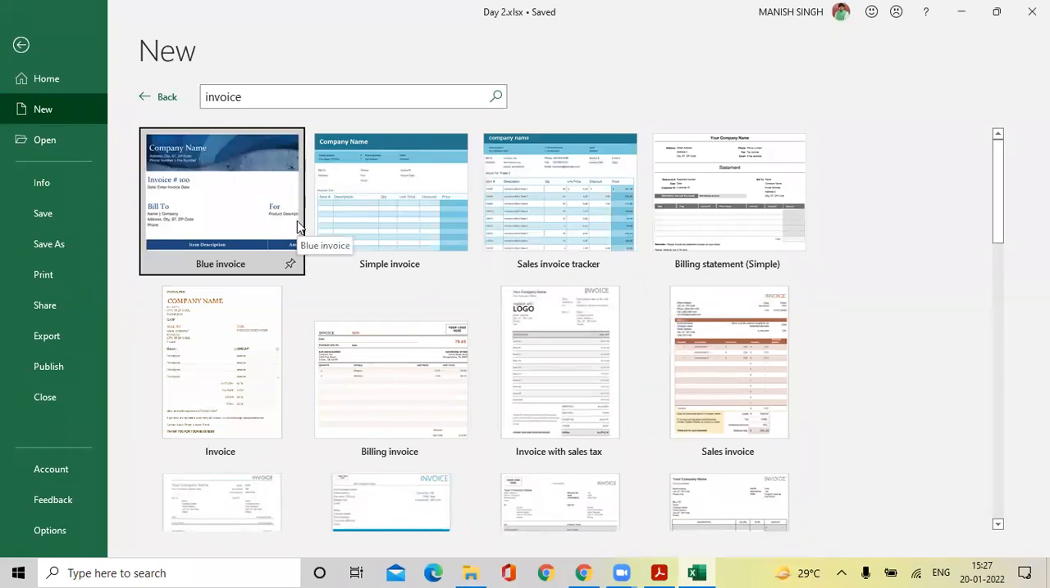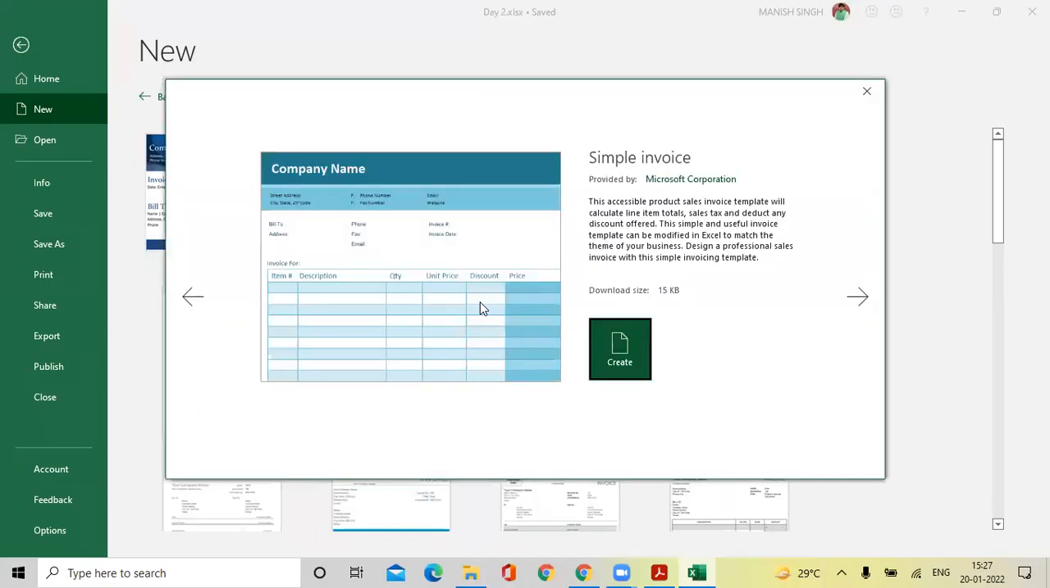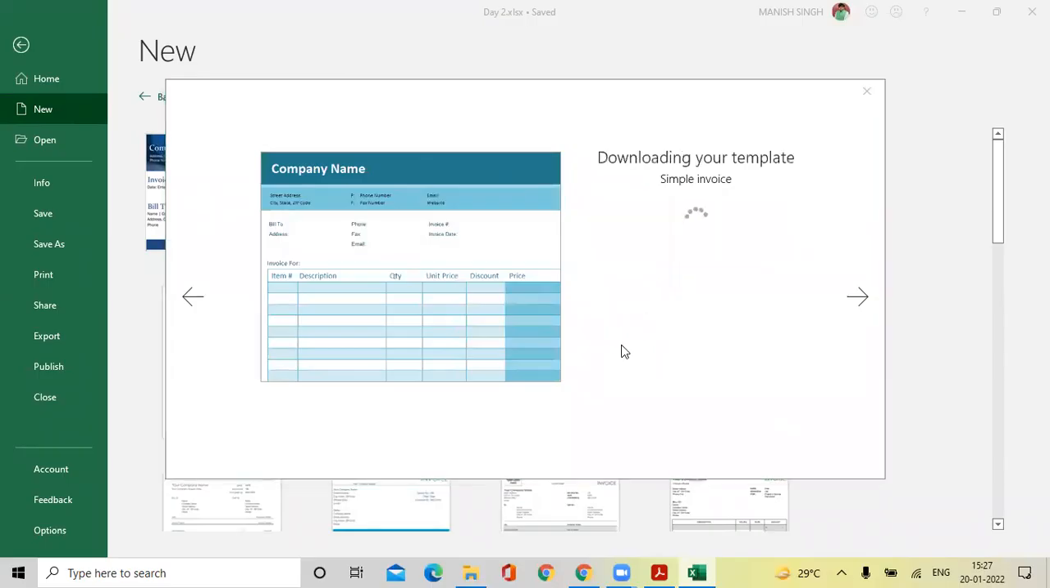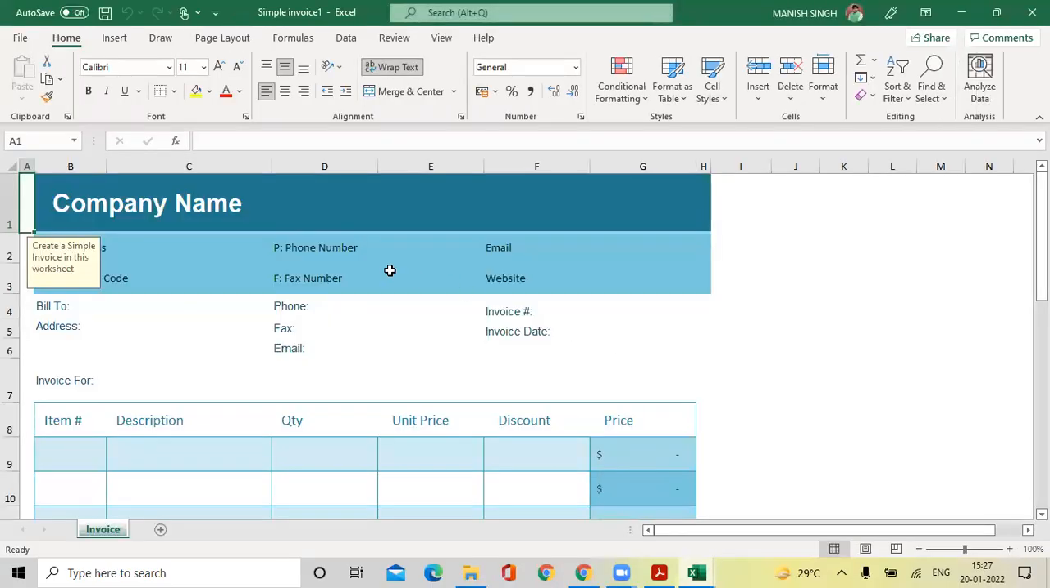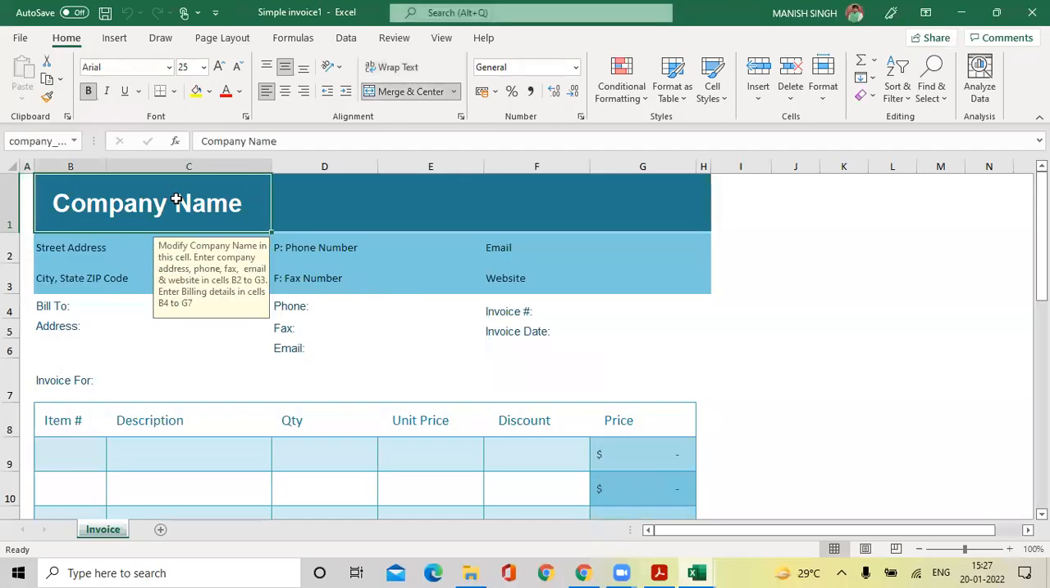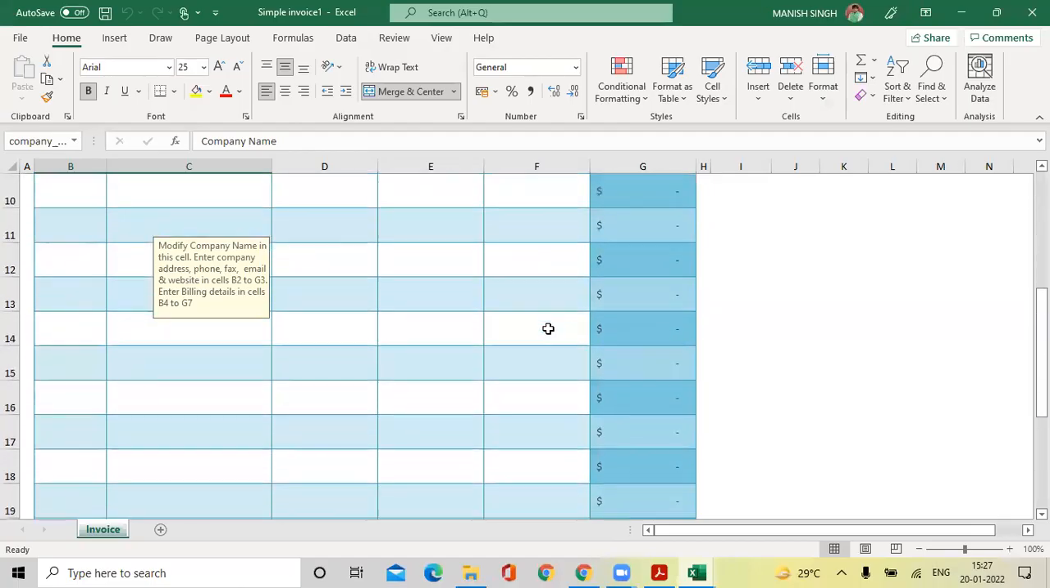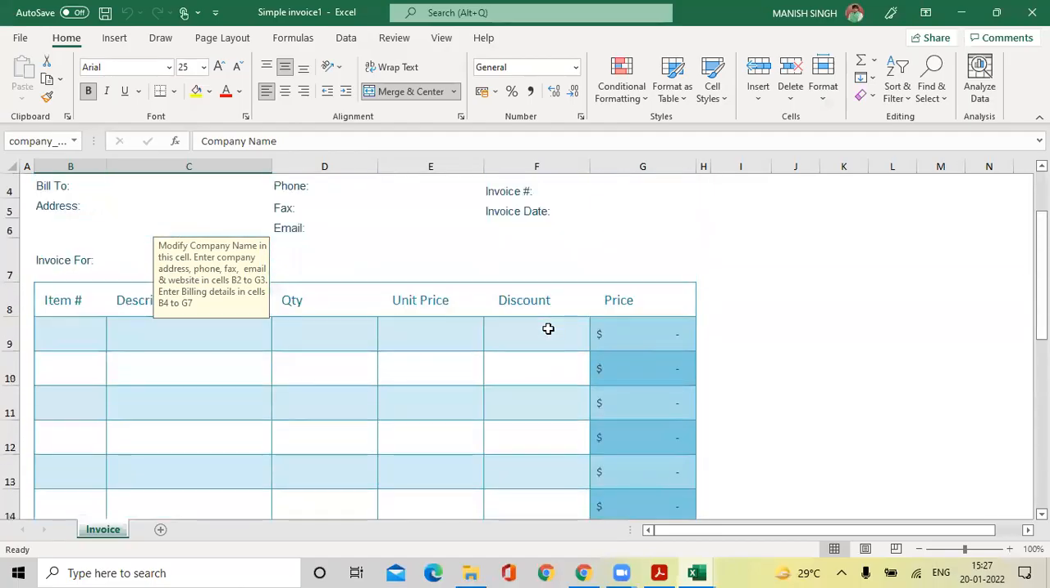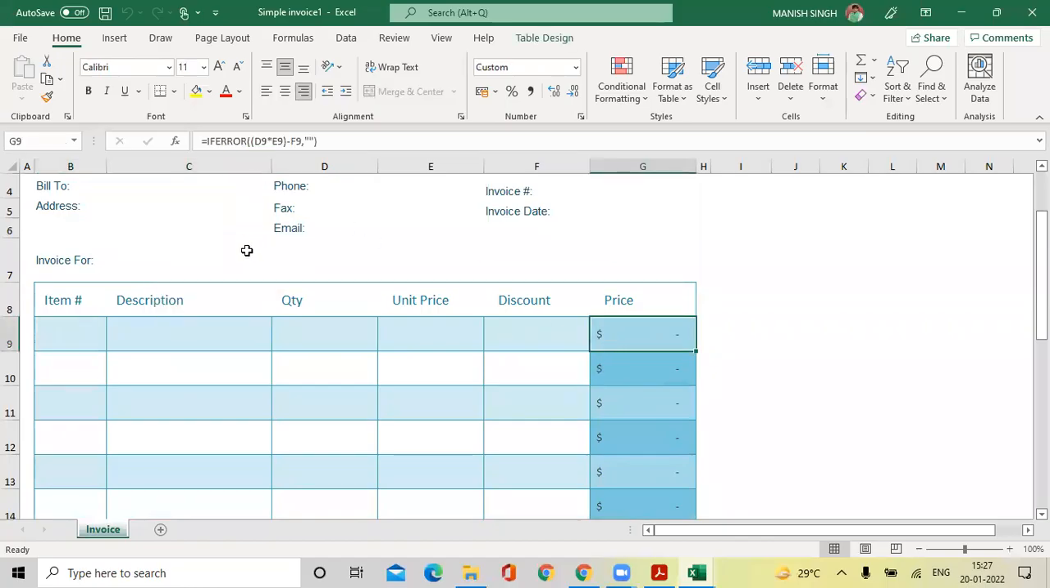Open this invoice and you can just get an idea. Like if I just click on Create, it will download it and open an invoice for you where you can put your company name, the addresses, and fill all these details, and the things are ready made. If you want, you can check the calculations also. Here all the calculations will be ready made. Like item code you can put 1, description let's say